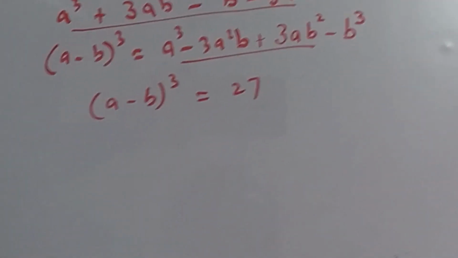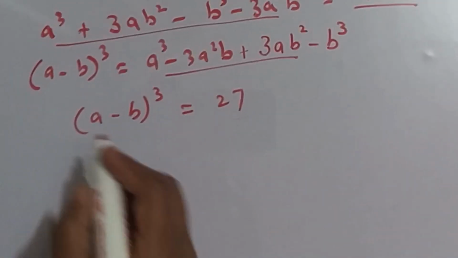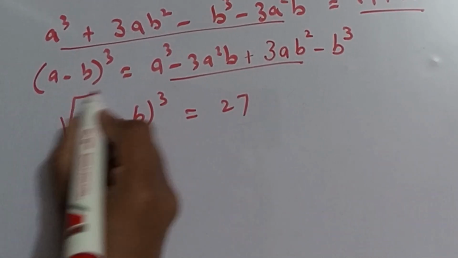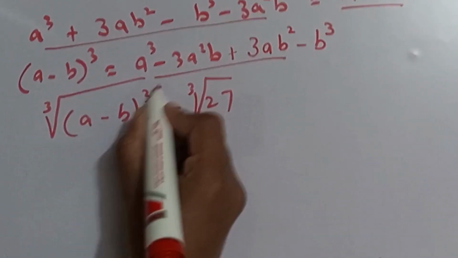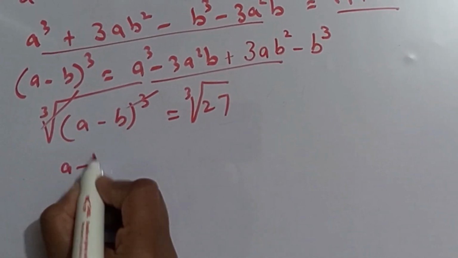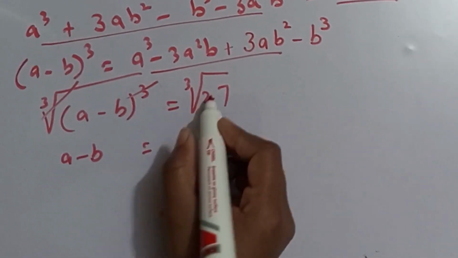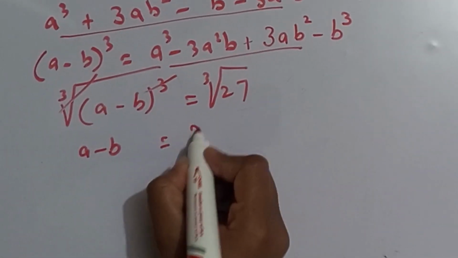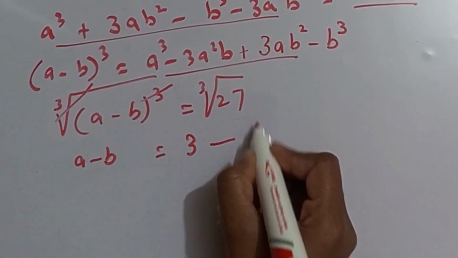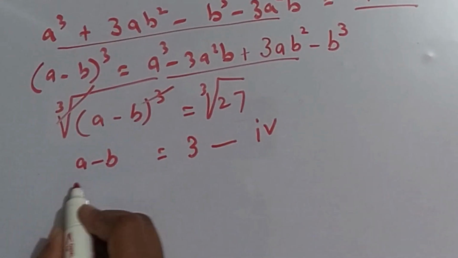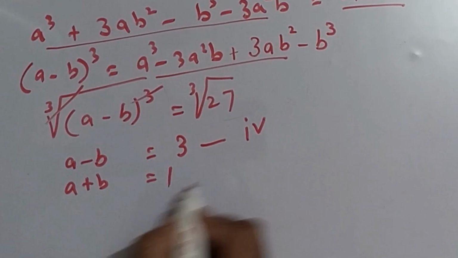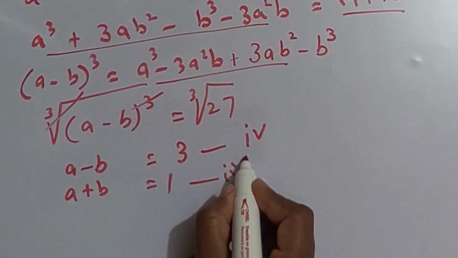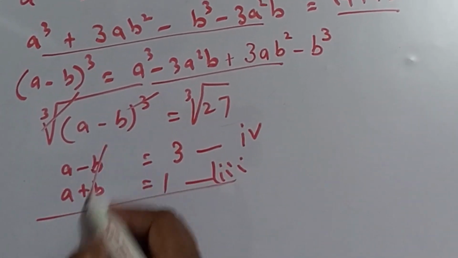So in the next step, we take a cube root on both sides of this equation. So this will cancel, we just get a minus b, and the cube root of 27 is 3. We call this our equation number 4. Now our equation number 3 is a plus b is equal to 1. Add these two equations, then this will cancel,